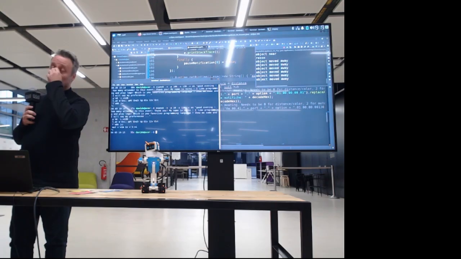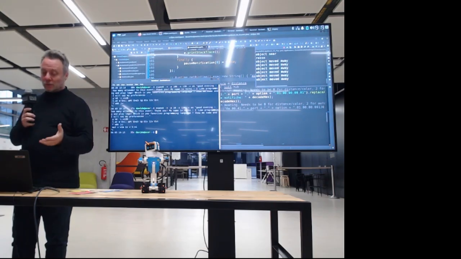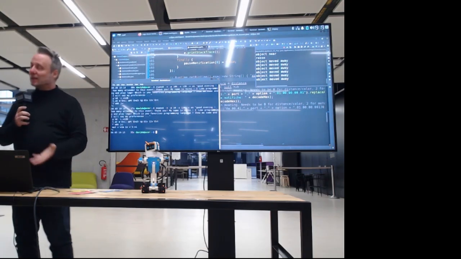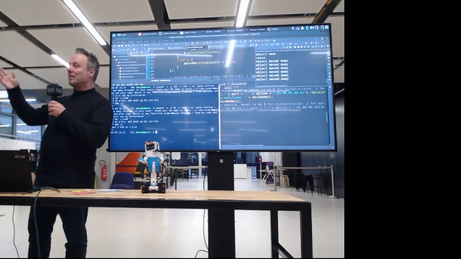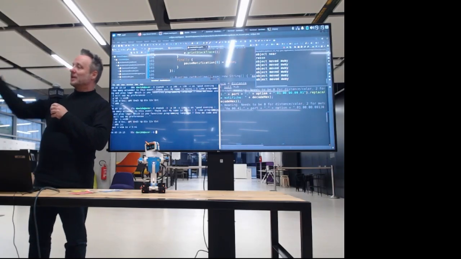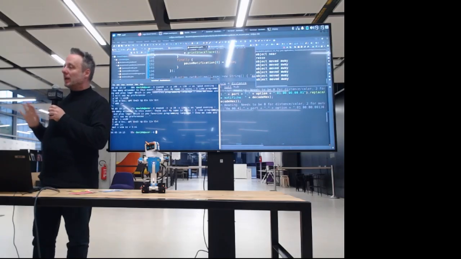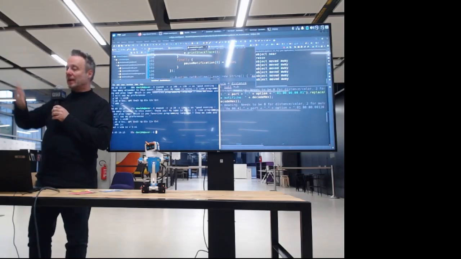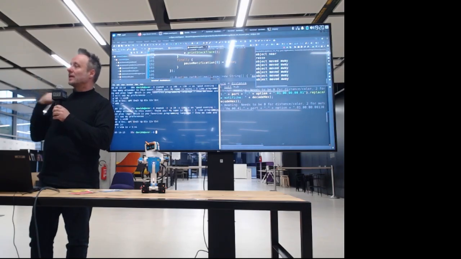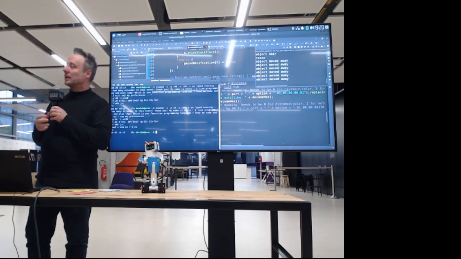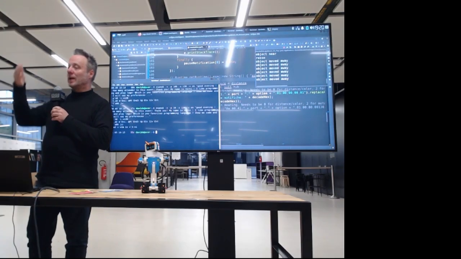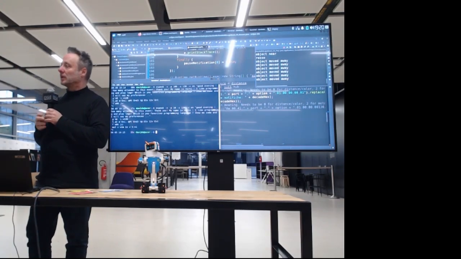But there is nothing like a Linux command where you say minus help and it gives you the parameters. At most you get the UUID of the service. You can send commands, but which commands, they don't say. They don't give you a list of types of commands and so on. So it's really